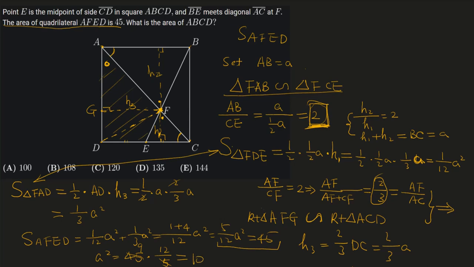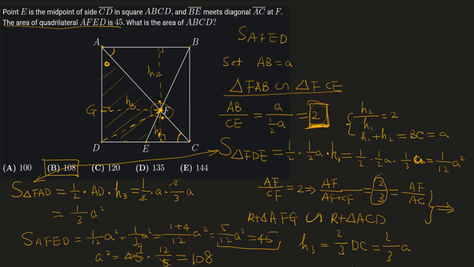That equals 108. Therefore, the answer is B. B is our choice. So basically what we did here is to use similar triangles and the properties or the ratios of similar triangles to find the basic properties of this point F, which is the most important point within